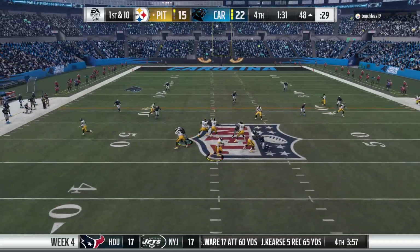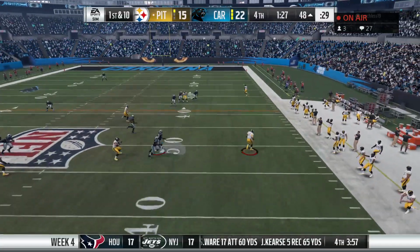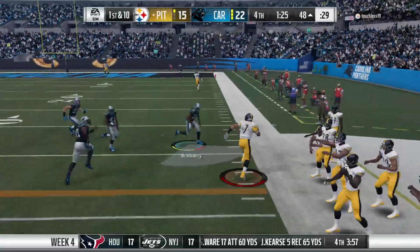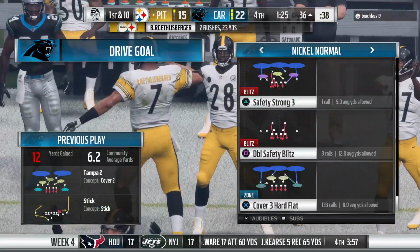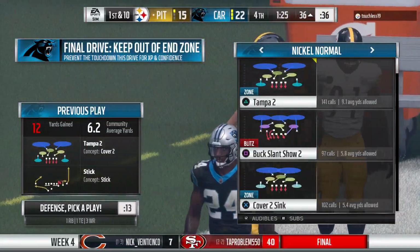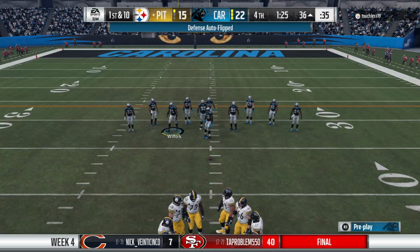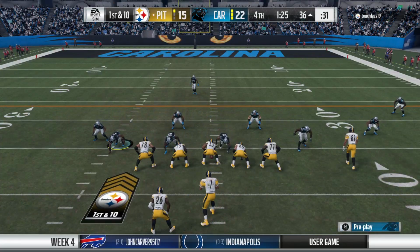Back to throw. Escaping the pressure right. And some room to maneuver. And he's going to be out of bounds, but able to take it inside the 40-yard line. 12 yards that time, at a Pittsburgh first. Late in the game, defense trying to avoid a big play. He's able to work out of the passing game, turn it into a run, pick up the first, and stop